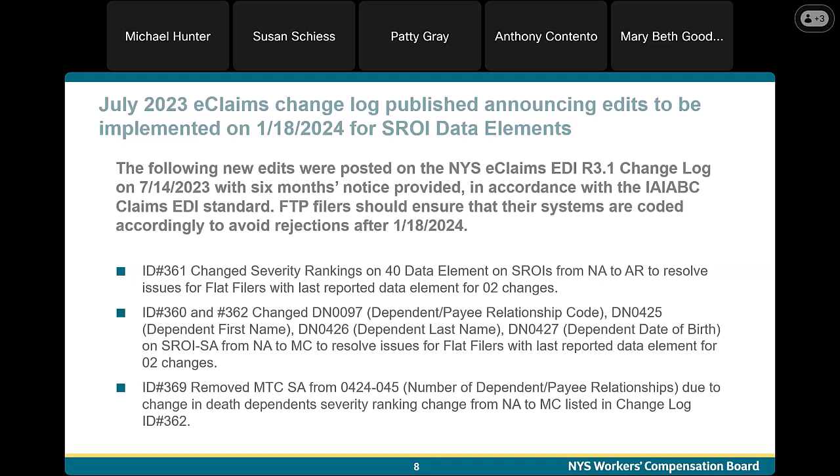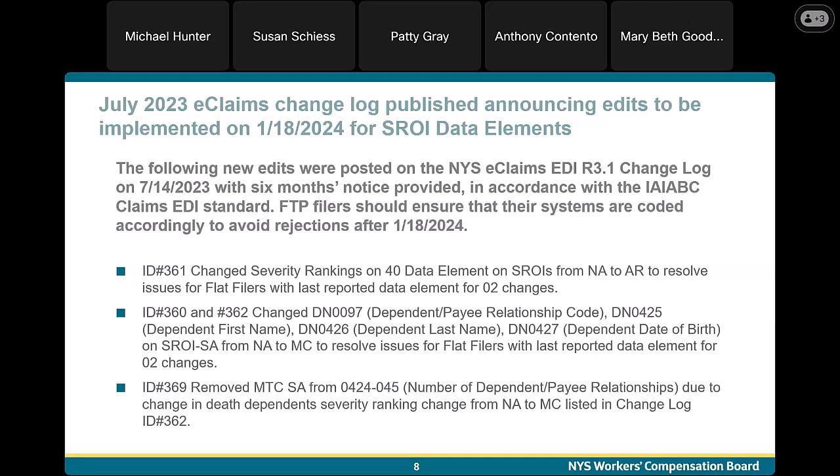For items 360 and 362, we changed DN0097, the dependent payee relationship code, DN0425, dependent first name, and DN0426, dependent last name, and finally DN0427, dependent date of birth on the SROI SA from NA to MC to resolve issues for flat filers with the last reported data element for 02 changes.